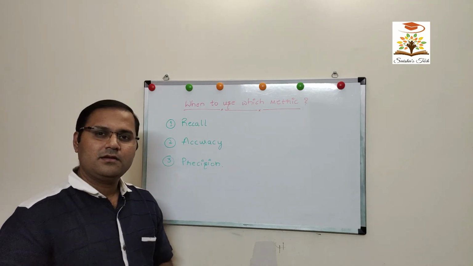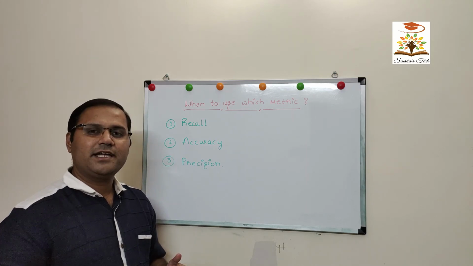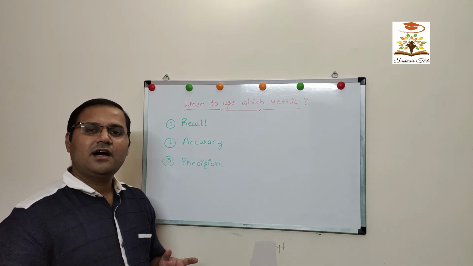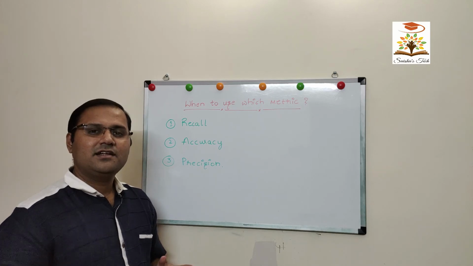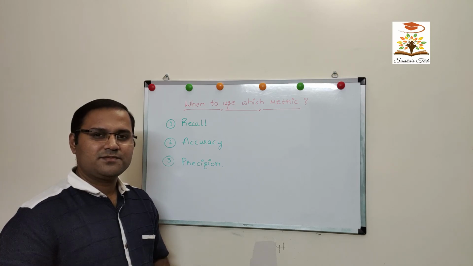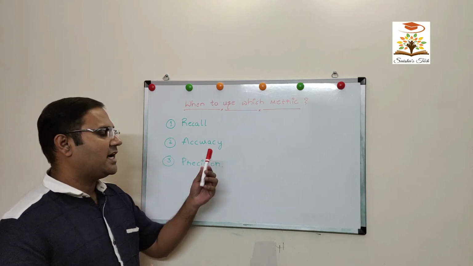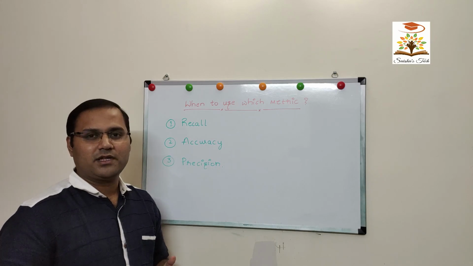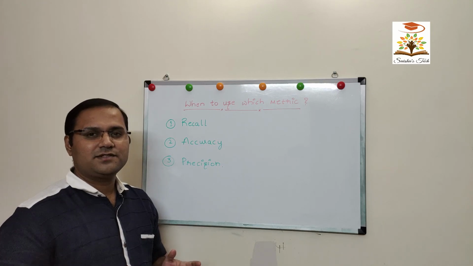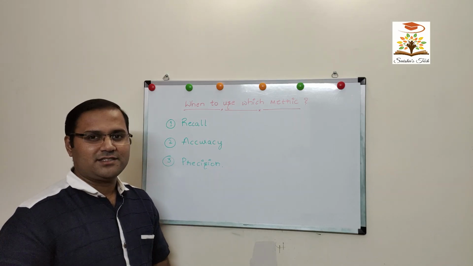Precision. Consider the finance industry, if a bank is providing a credit card to a defaulter, then there might be a monetary loss. Here the most important is the prediction of both true positives and false positives. In this case, you would choose precision as the metric for evaluation of your model. These were some of the examples of real life scenarios for choosing your metrics from the confusion matrix.